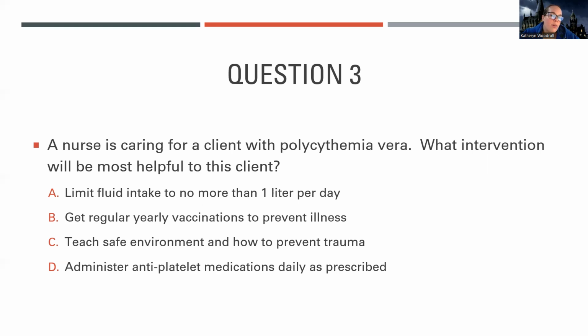And so, we have to think about which one is going to help mostly to prevent complications of this, or to advance their condition. Now, going on to D, it says administer antiplatelet medications daily as prescribed. So the only intervention that's going to actually help to advance the condition of polycythemia vera is going to be to administer antiplatelets. Now, that's because I've ruled out A, B, and C cannot be correct, or they don't seem